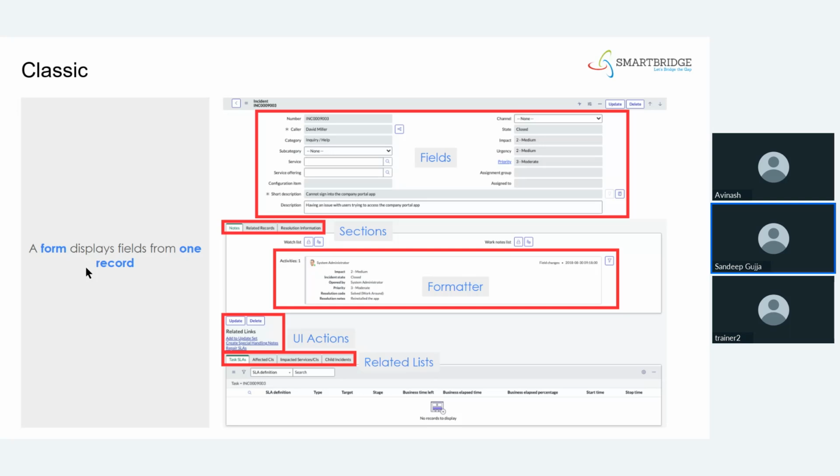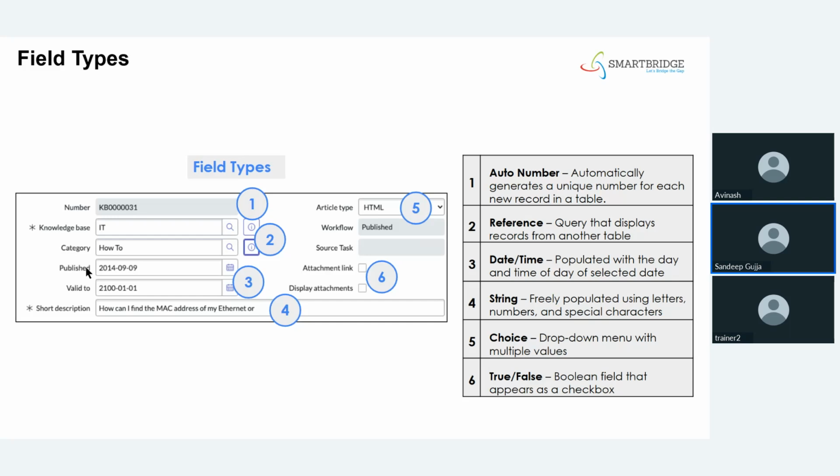The same goes for the related list as well. But coming to related links, it will go to the next page whenever you click on the link. Coming to the related list, we are going to see the data that will be automatically updated based on the record that you are going to create. Okay. So next, if you go for the